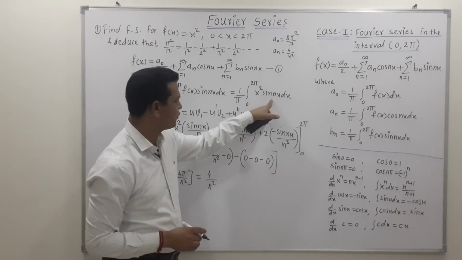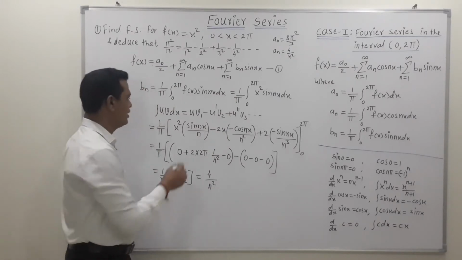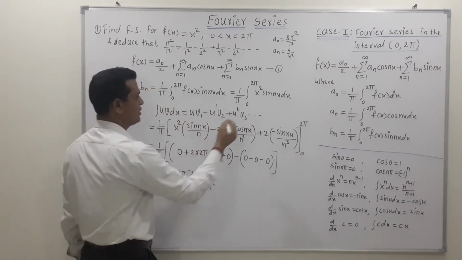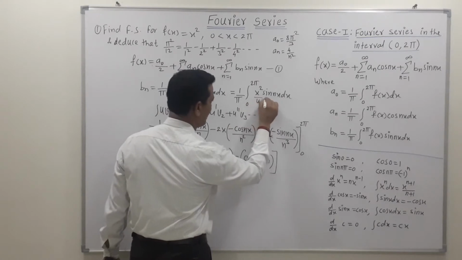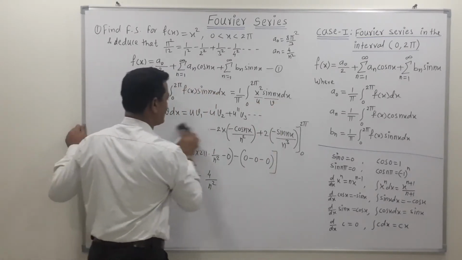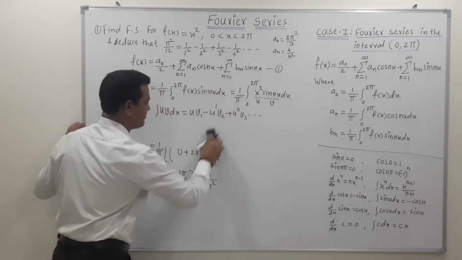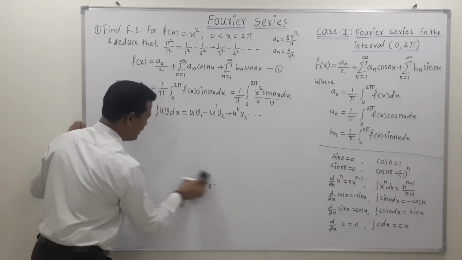Now friends, to find the integration of this term, this is the product of two terms, so the general rule for integration by parts is applicable. This is the general rule for integration by parts. Now you call this function u and call this function v. After calling these u and v, apply the generalized rule for integration by parts and find its solution.